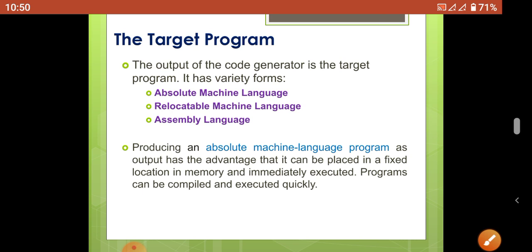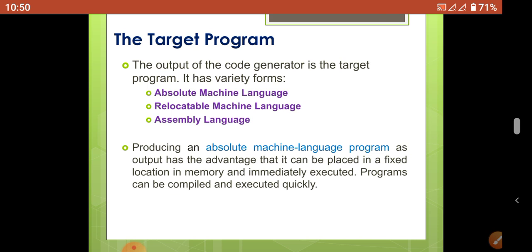When absolute machine language program is the output of the code generation, suppose we are going to create a program, the compiler converts the program into equivalent machine instructions with proper addressing.